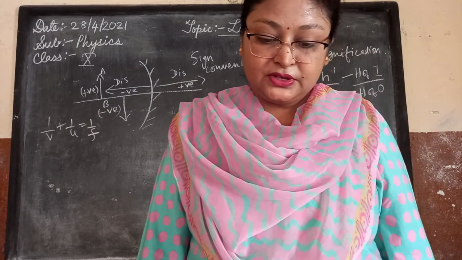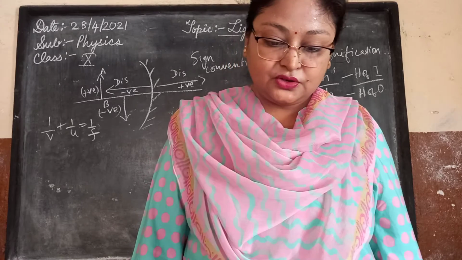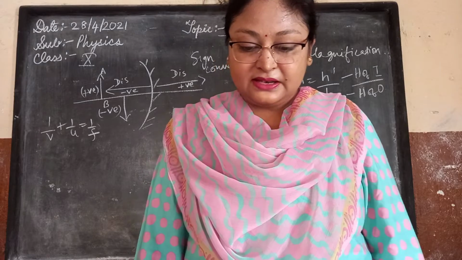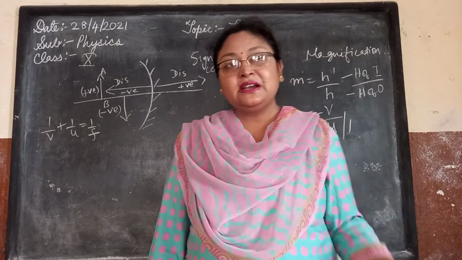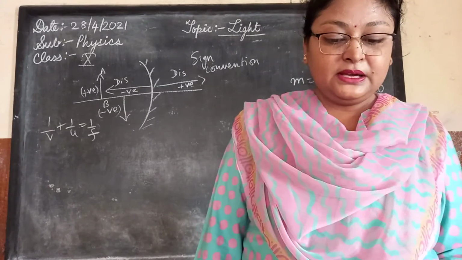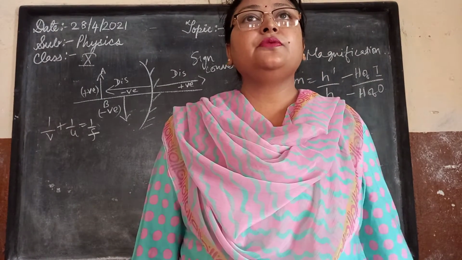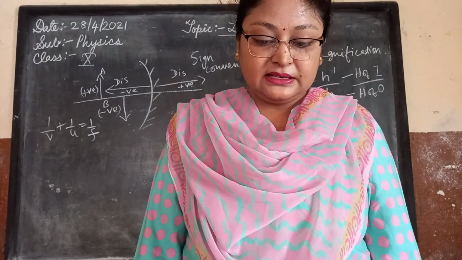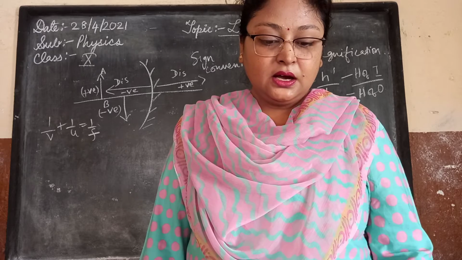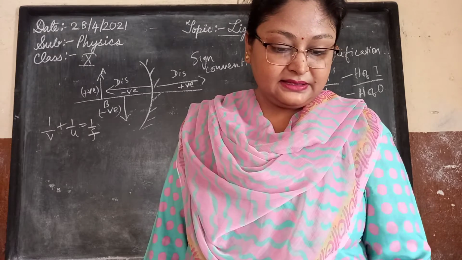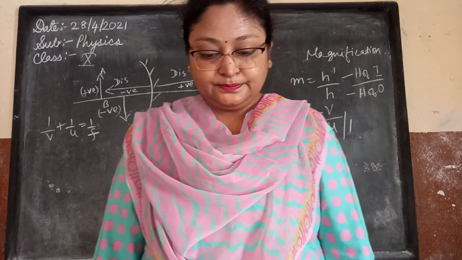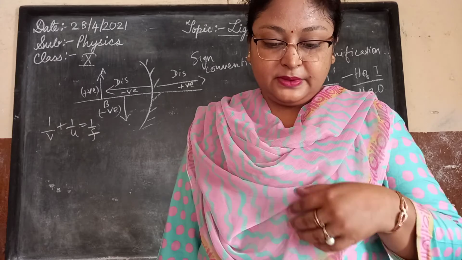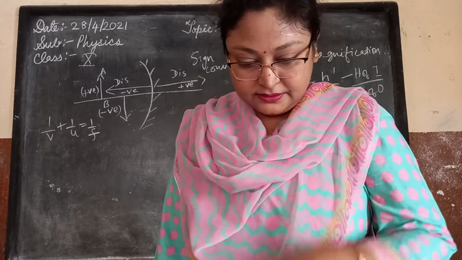A concave mirror produces a 3 times magnified, enlarged real image of an object placed 10 centimeters in front of it. Where is the image located? So, 3 times magnified images. You can go through the properties and tell me where the object is being placed in the case of a concave mirror to get a 3 times magnified image. If it is at infinity, the image formed will be diminished.